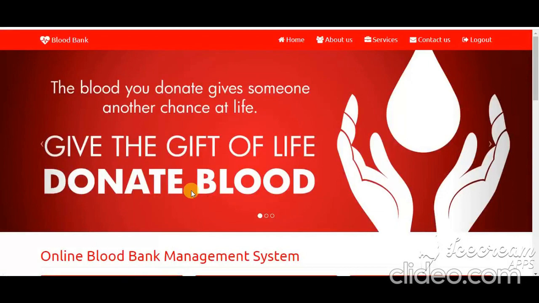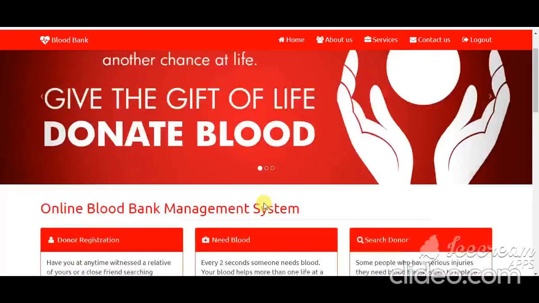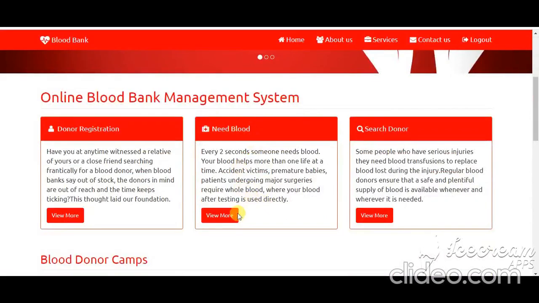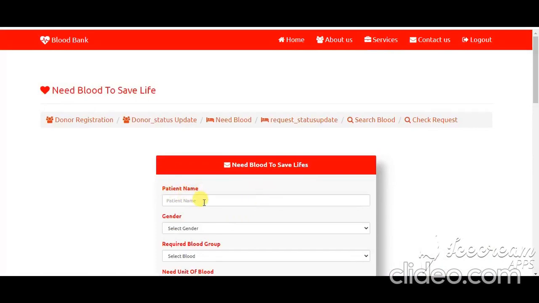We need to click on the Need Blood option for requesting a blood donor. Click on View More. Now fill in the information.